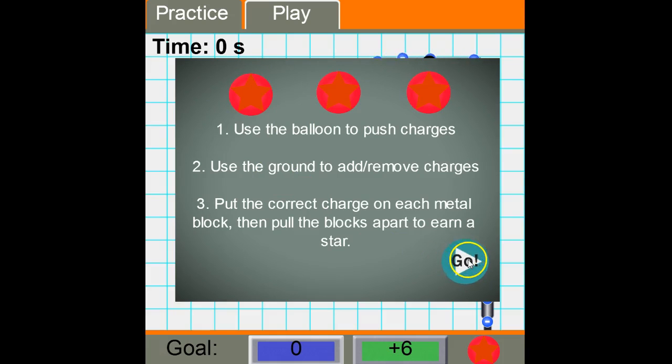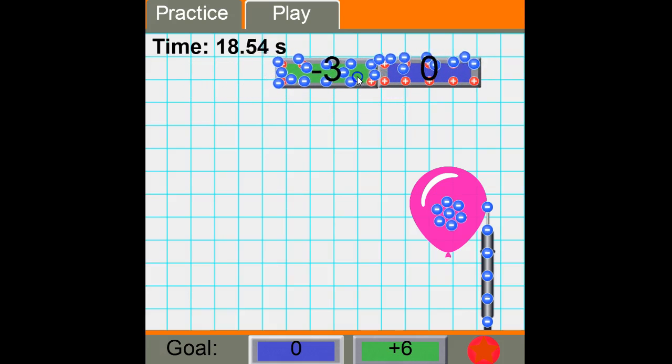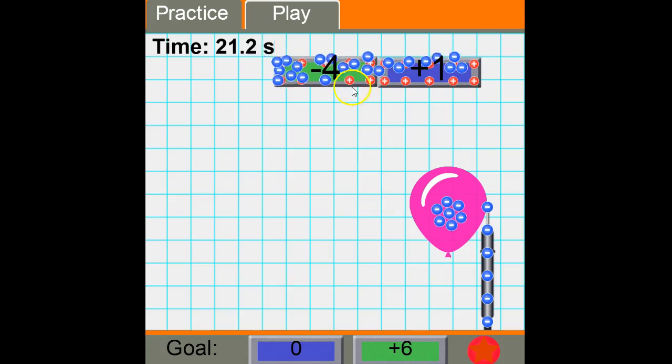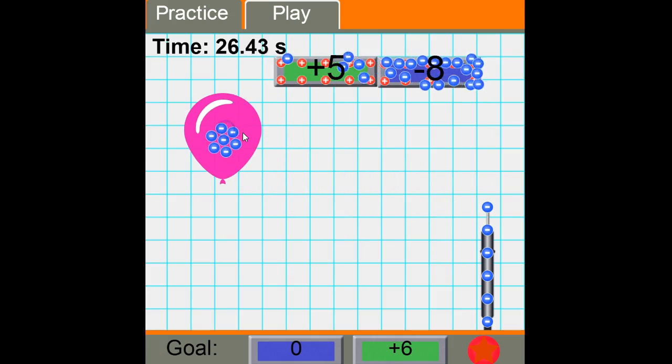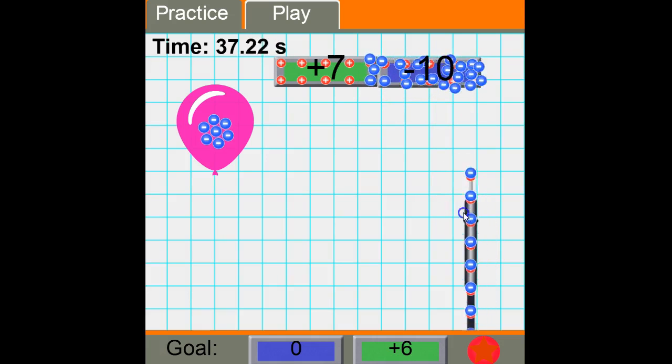So the first thing I would do is, when you start, it starts off with -3 and 0 in this case, but we want to get a total of +6. So how can we do that? We want to somehow remove negative charge from this system. So we can do that by putting the two blocks together, and we want the total of the two sides to equal +6. I'm going to bring the negative charge of the balloon to one side. Now it hasn't changed the charge that's on the blocks, but it means that the negative charge is now grouped at one end. Now I bring the earthing spike up,